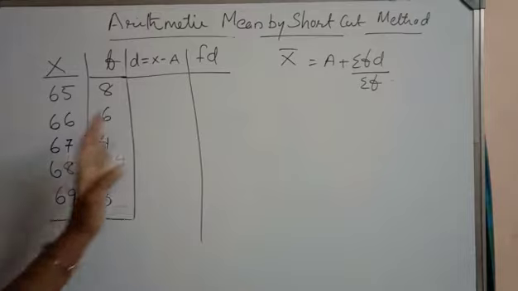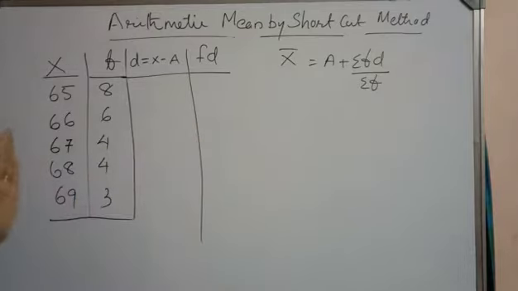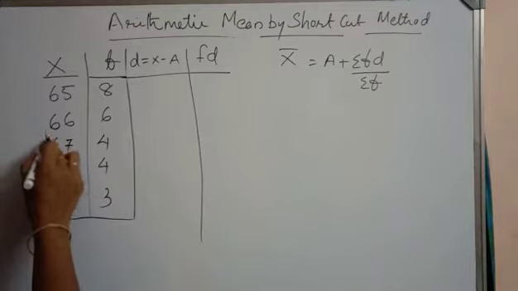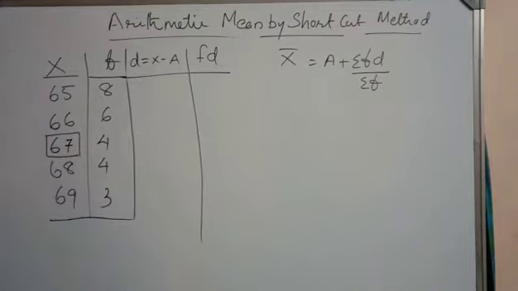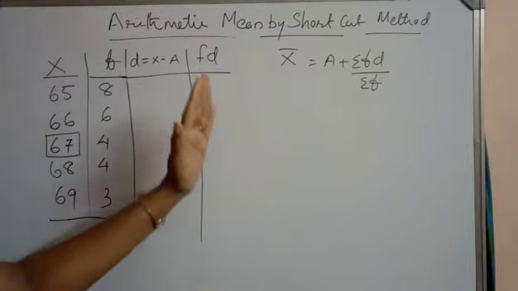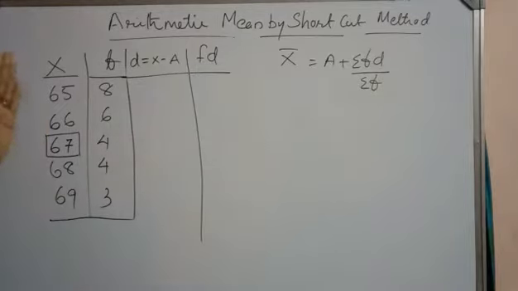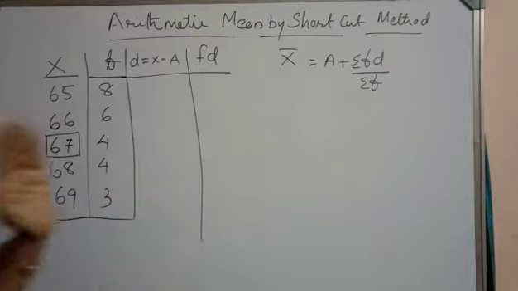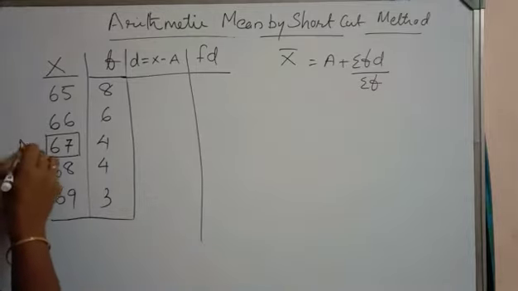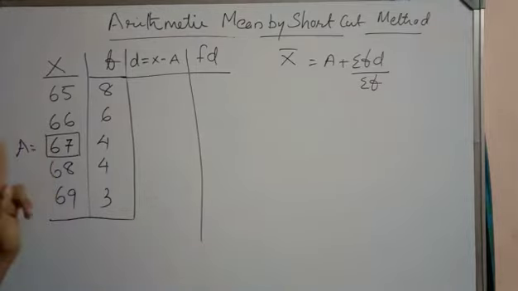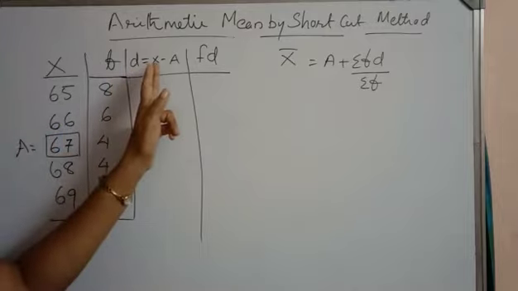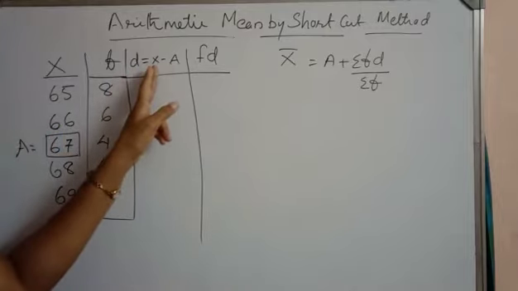Now first we have to find the assumed mean from the given x values. Here there are 5 values. You can consider any one x value as the assumed mean. If you consider the value which is almost at the center, your simplification will be easy. Or else however you take the value, you will be getting the same answer. So let's consider the assumed mean a as 67. If you consider a as 67, let's find the deviation of the assumed mean from all these x values.